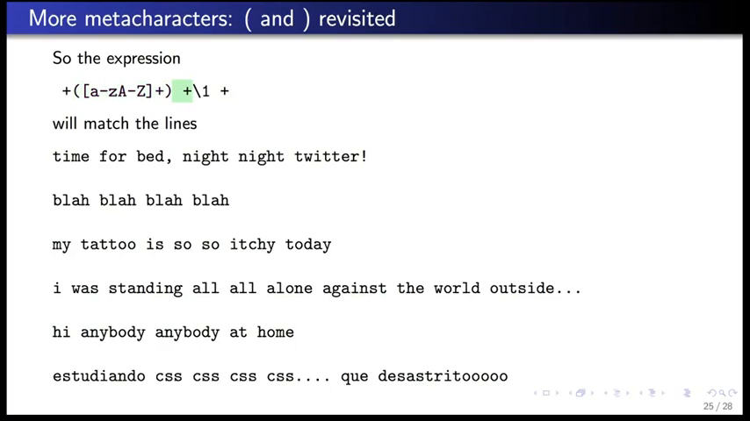And then followed by a space with a plus, so at least one space. And then followed by this \1. The \1 basically says put in here whatever was in the parenthesized expression. So essentially just repeat it again, and then follow it with a space and a plus, so at least one space. So basically what this expression is finding is instances where you have a set of characters A